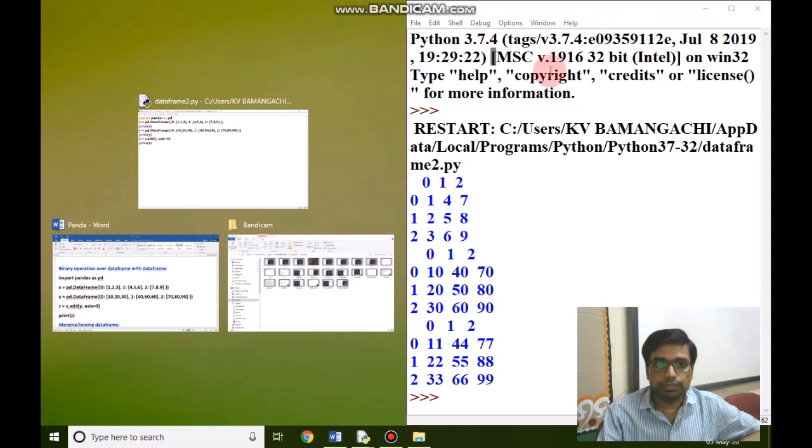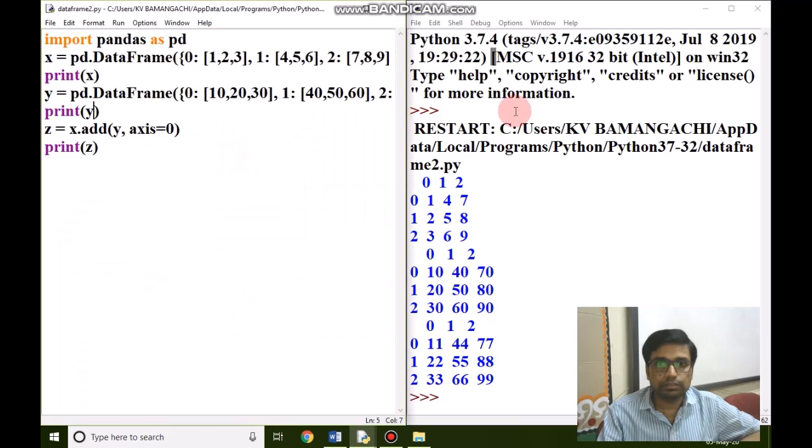and we have given here the first data frame is 0, 1, 2, 3, 4, 5, 6, 7, 8, 9. Second data frame is 10, 20, 30, 40, 50, 60, 70, 80, 90, and we have added this data frame to first data frame. So how does it happen?